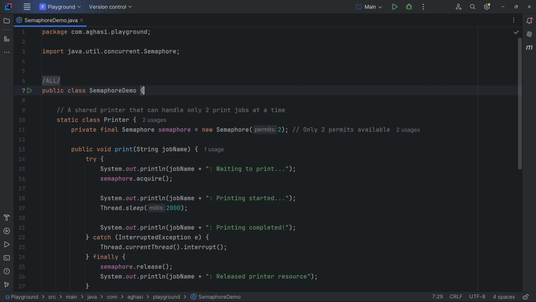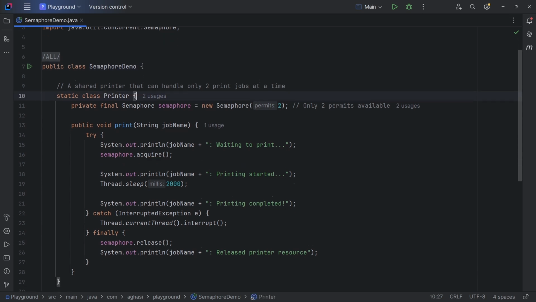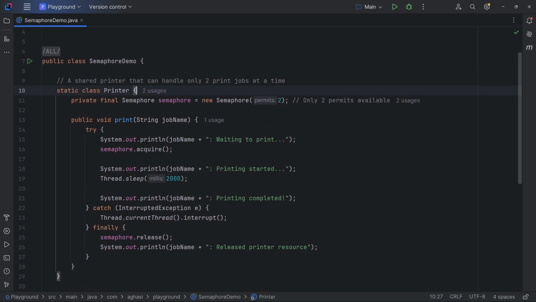Semaphore is another important synchronizer object. A semaphore behaves like a permit holder for a concurrent service. For example, in this program, we have a printer that can handle only 2 print jobs at a time. So first we create a semaphore for this printer with a permits value of 2.